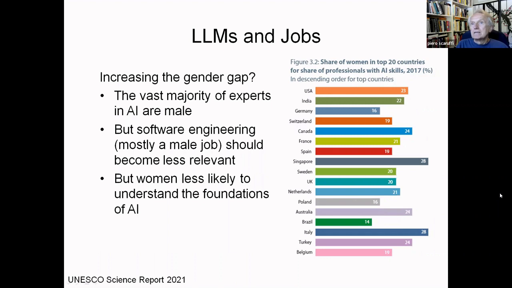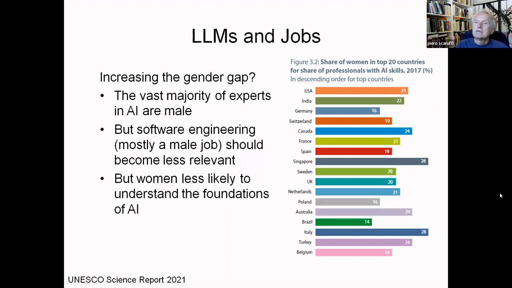Now, a question that is important for some of us who are painfully aware of the gender gap. Unfortunately, not everybody believes that there is such a huge gender gap. If you live in Silicon Valley, you see it. And if you are in AI, you see it. The vast majority of AI scientists are male. So will this software 2.0, will this new generation of transformer-based systems increase the gender gap? And I think that is a legitimate question